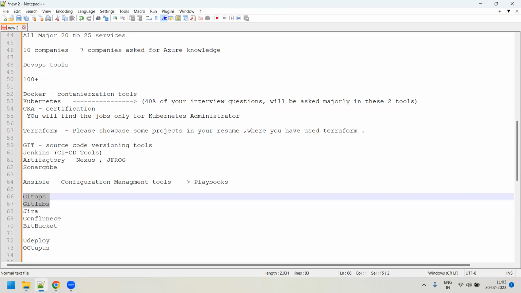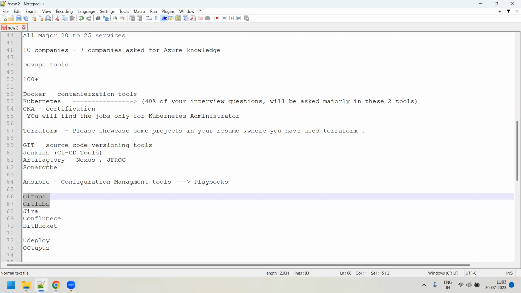Some basic things. If you go through some videos available on YouTube, right, you'll get an idea. You just need to share that knowledge in front of the interviewer, saying this is what I know, but we are exploring more on this. We are working more on this actually. Similarly, you have to tell about GitOps or any other tool which has been asked in the interview. So what happens in the industry is that when you go for an interview, they will expect a lot from you, as if you should know everything, all the tools. But no, as a human, we can't learn so much actually. It's highly impossible.